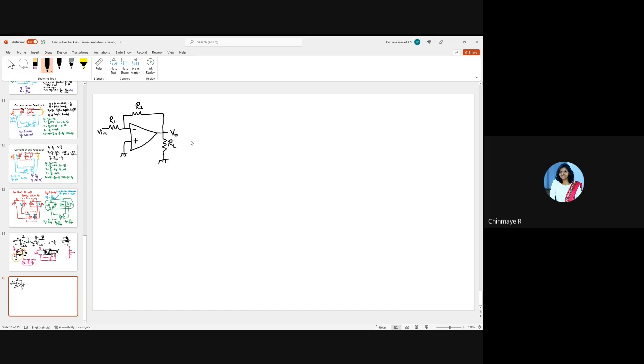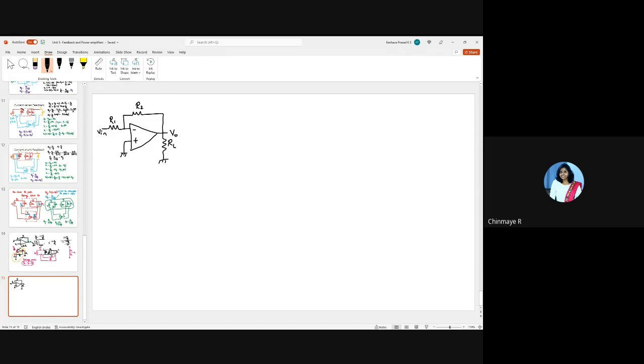Is this circuit familiar? Correct. It's an inverting amplifier using op-amp. Okay. So now you will have to try to analyze and tell me what kind of feedback this is. Okay, now I'll ask you. You try to analyze first, then I'll ask the person who has to say what kind of feedback this is.